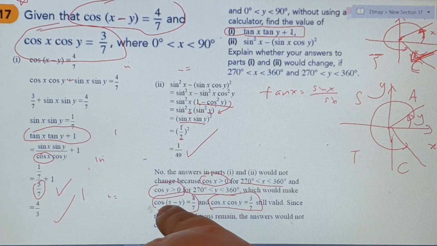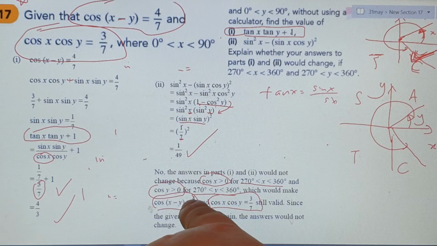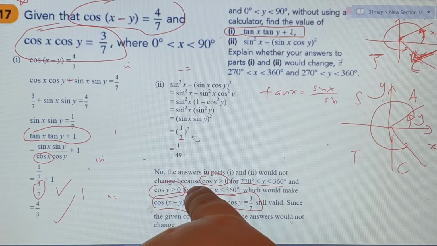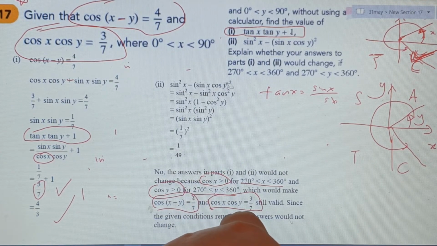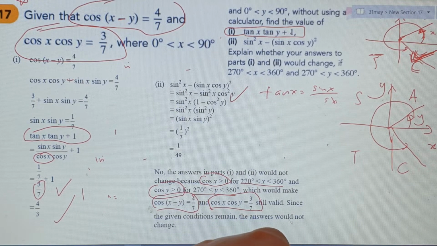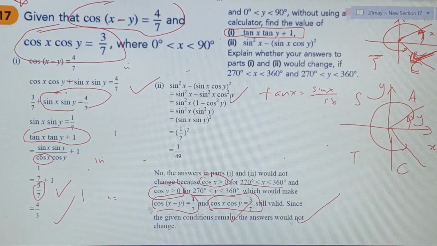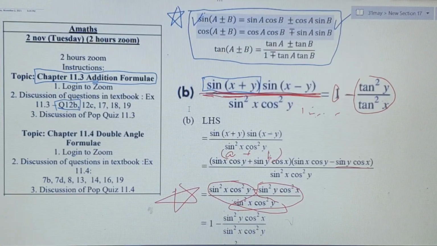Okay, and for your cos x minus y, this second part here, you see here, they are all still valid. Okay, because this would still be 3 over 7, and then this one will still be the 4 over 7 here. Okay, so that is what they are trying to say. Okay, I show you where we are now. We have so far finished this,